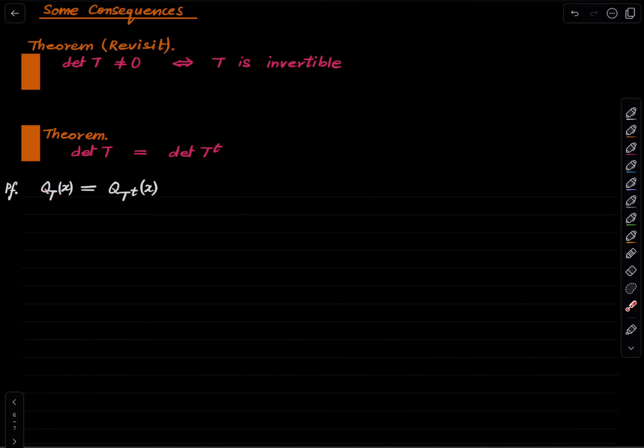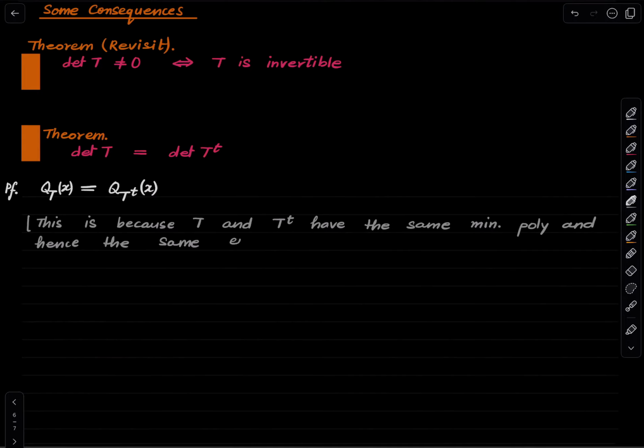And why is that? This is because t and t transpose have the same minimal polynomials, and hence the same eigenpolynomials. Also, for an eigenpolynomial p of x, we have the algebraic multiplicity